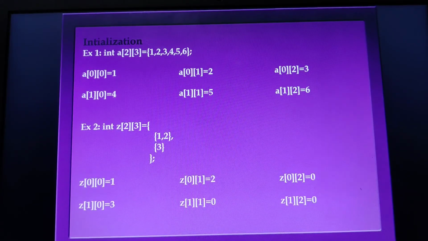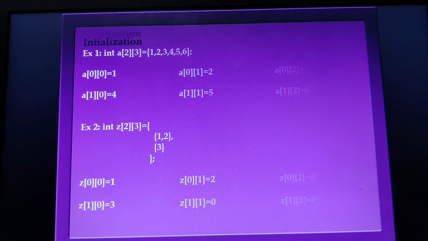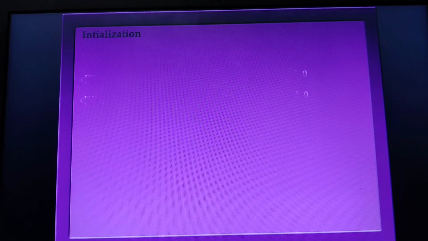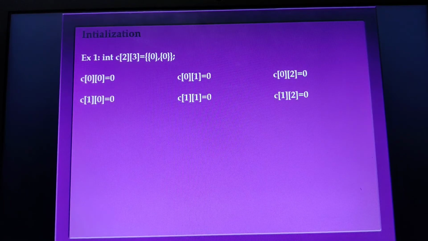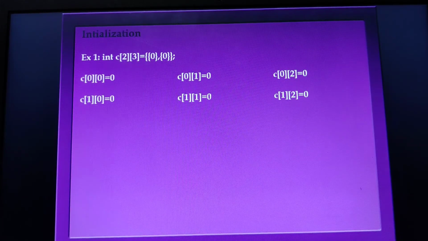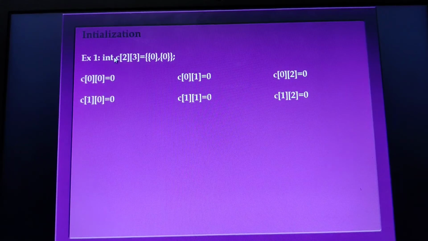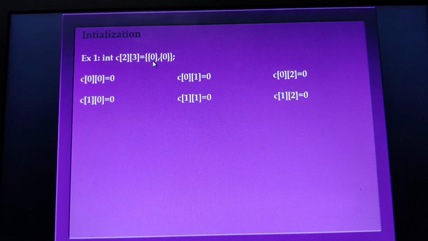Now moving on to the next example. What if I want to assign all the array elements to be 0? Here comes another example. Here the array name is C and the size is the same, 2 rows and 3 columns. I'm just mentioning 0 in the flower bracket.